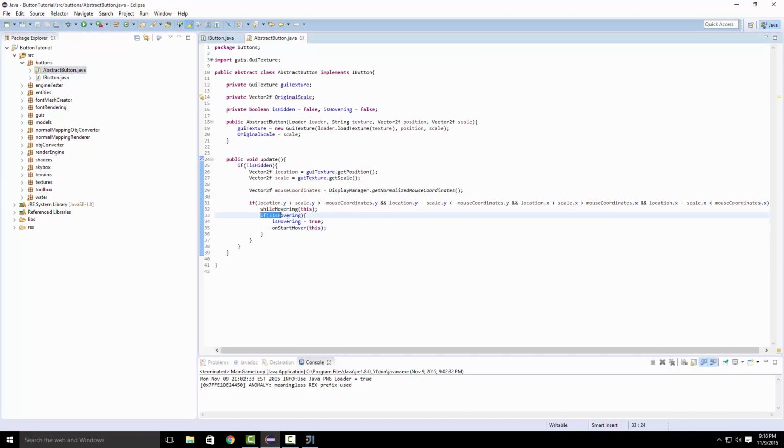Basically now it's checking if we already are hovering. If we aren't hovering, it's going to set hovering to true, and then it's going to call the onStartHover method. If we are already hovering,